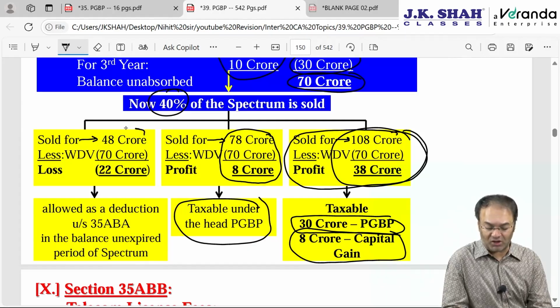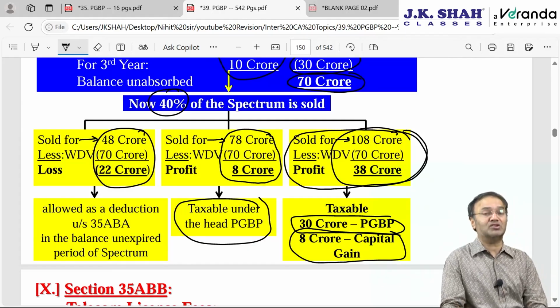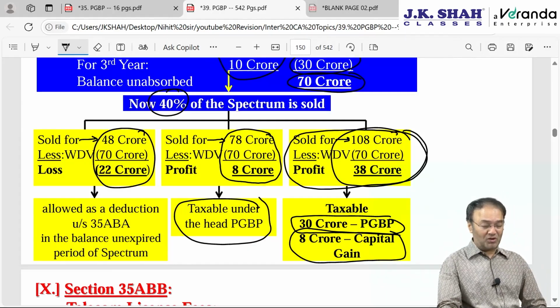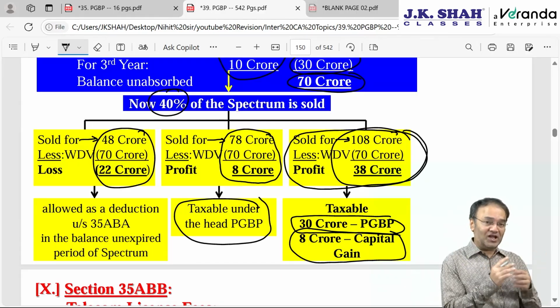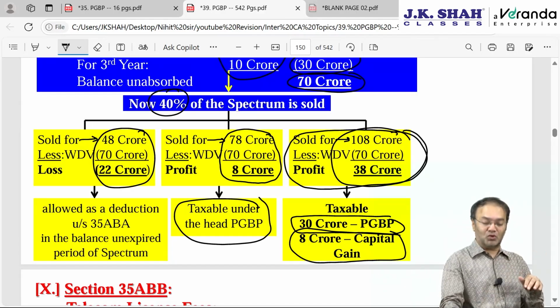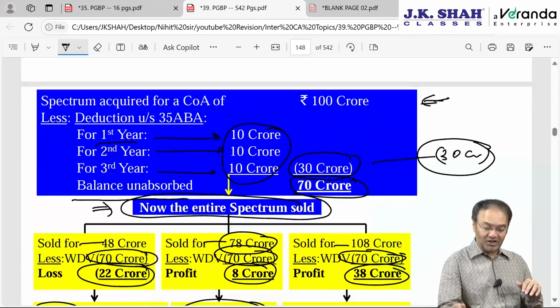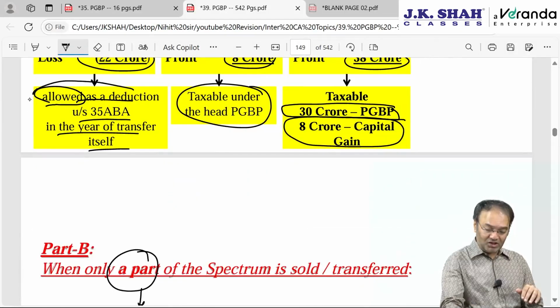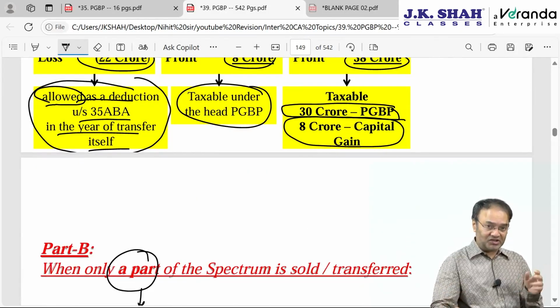Say if sold for 48 crore, minus 70 crore, 22 crore is a loss. Here, unlike when 100% license is sold, where this 22 crore was entirely allowed as a deduction in the year of transfer itself,